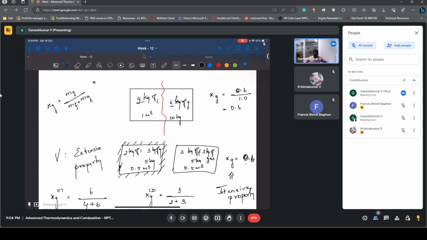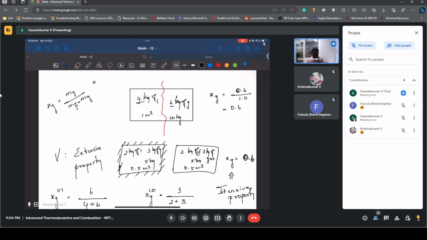To find whether it is an intensive property or not, you should think: if I have this system and I break it down, or if I add another system, will the property vary or not? That is the thing. Let's say mass is a property. I have 10 kg mass. Now if I divide it, the system becomes 5 kg and 5 kg.